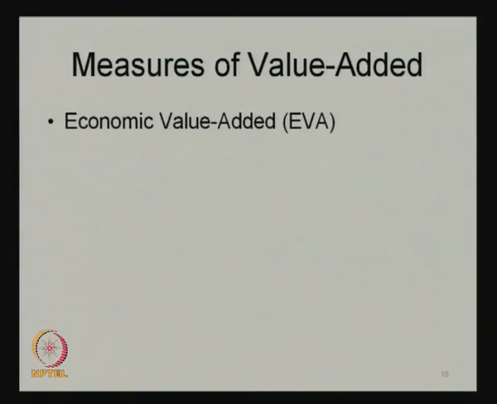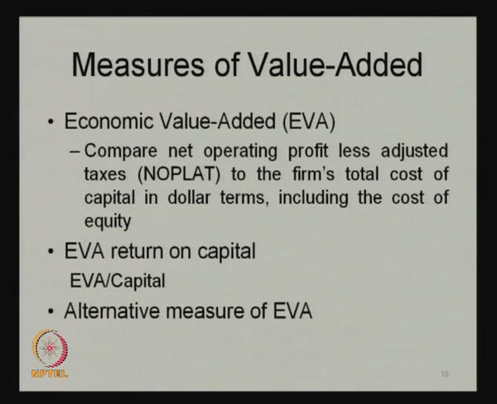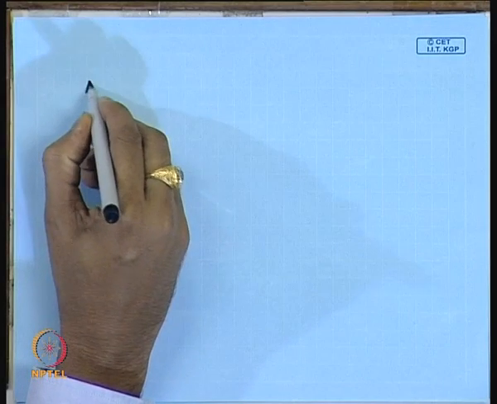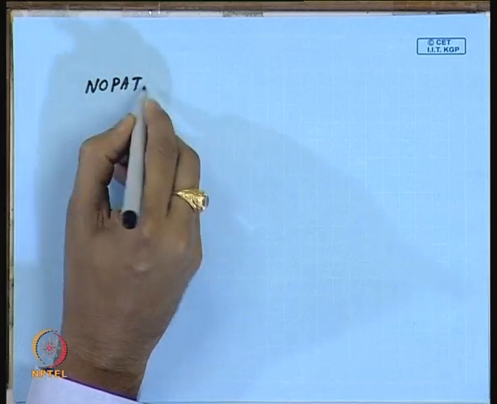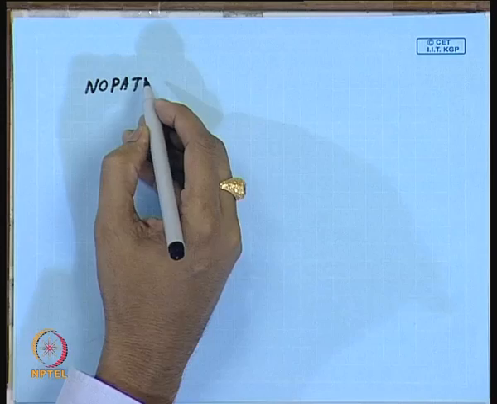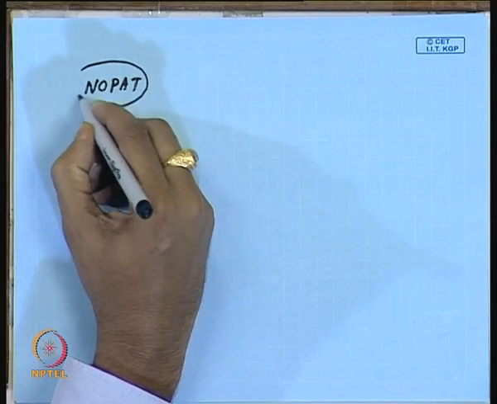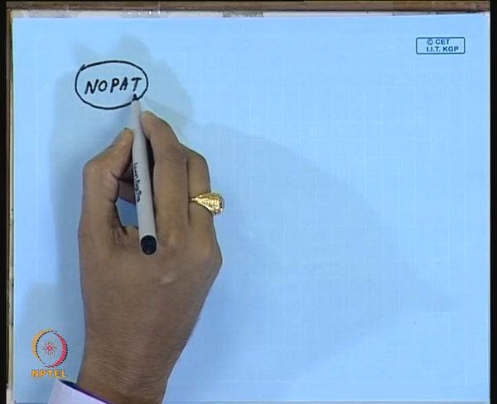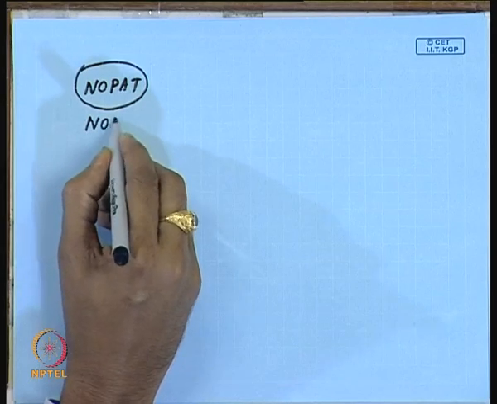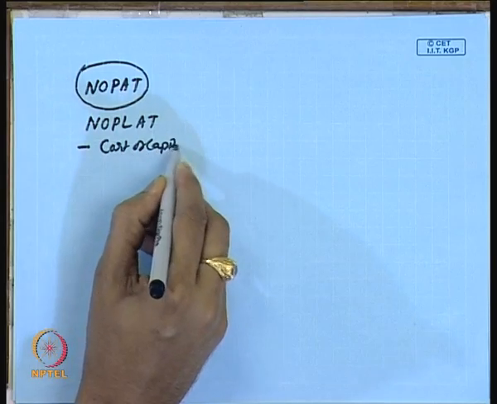Then we have the next measure, a popular measure of financial analysis, called economic value added. When you say economic value added, we talk about the company having made true profit. It is based on NOPAT, net operating profit after tax. There are certain adjustments suggested by the propounders of EVA, Stern and Stewart, and they have given certain accounting adjustments. Doing the accounting adjustments, the profit we find is the net operating profit after tax, or net profit after adjustment, NOPLAT. Then from there you take out the cost of capital and that gives the